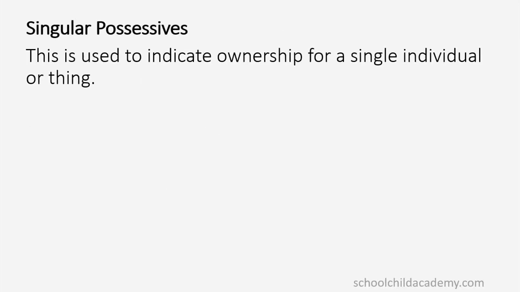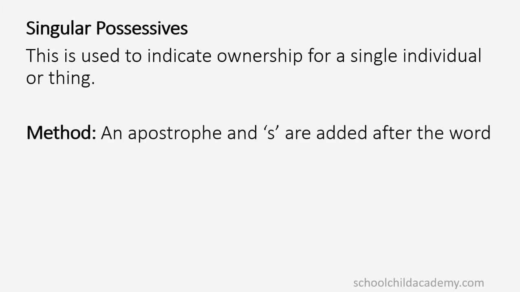Singular possessives are used to indicate ownership for a single individual or thing. The method is an apostrophe and an S after the word. Examples: